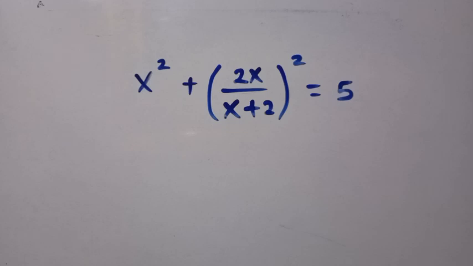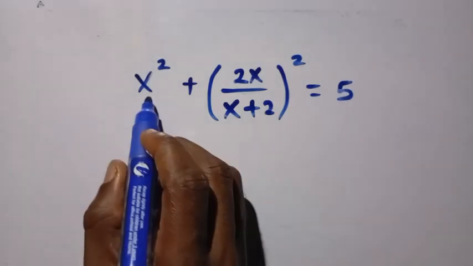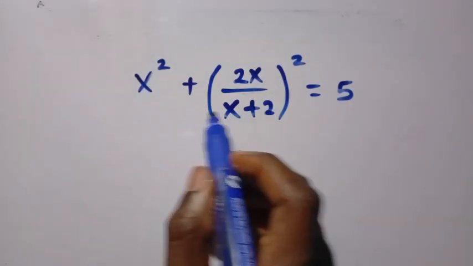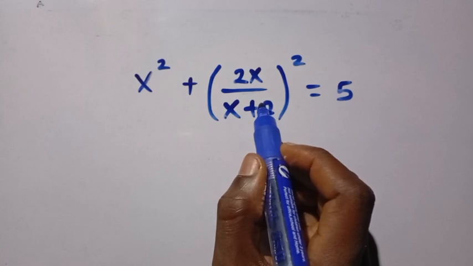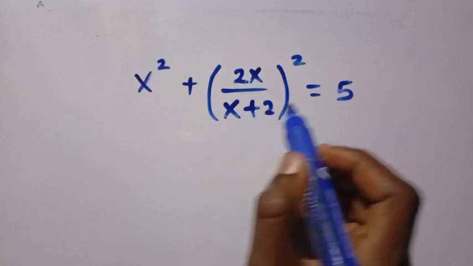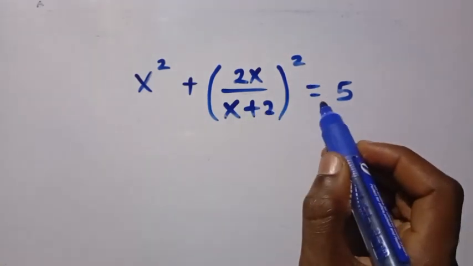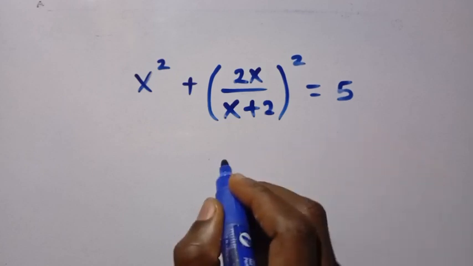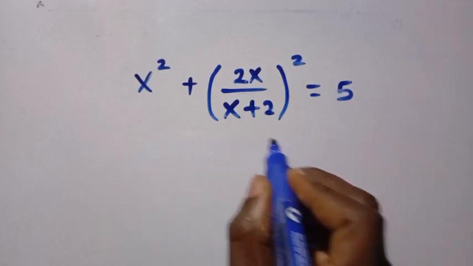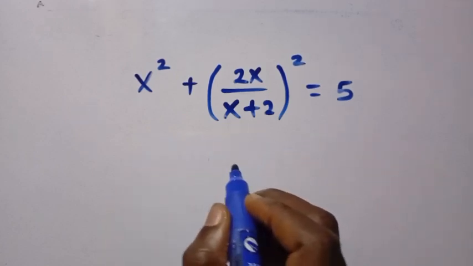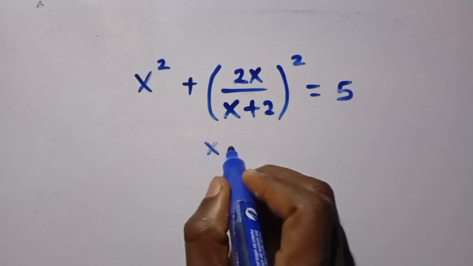How to solve these nice algebraic equations. We have x squared plus (2x over x plus 2) squared equals 5, and I want to find the value of x in this given equation. So to know the value of x,